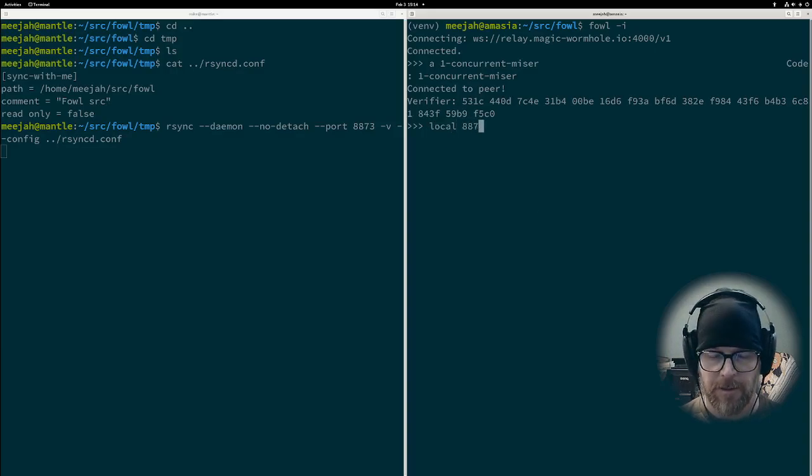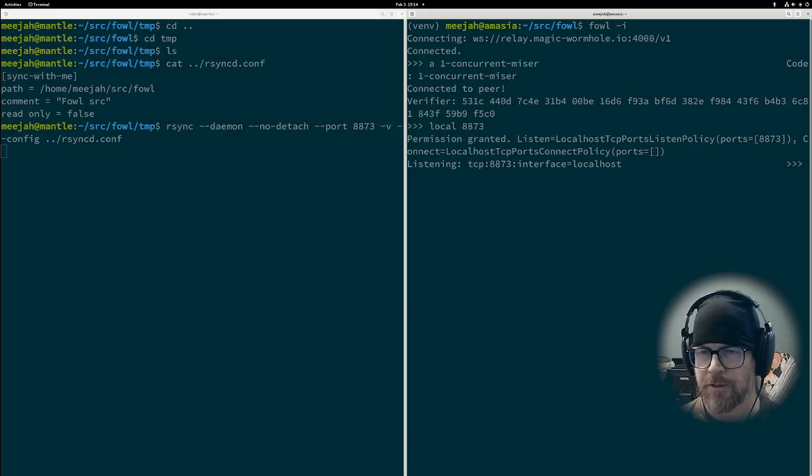So here we want to listen on 8873. And by default, fowl will forward to the same port, or I could specify another port. So for example, if I was doing SSH stuff, I might do this. We're going to keep the ports the same here. For web things, it basically needs to have the same port. Lots of things you can change the ports if you want to, but this is a listener now on the